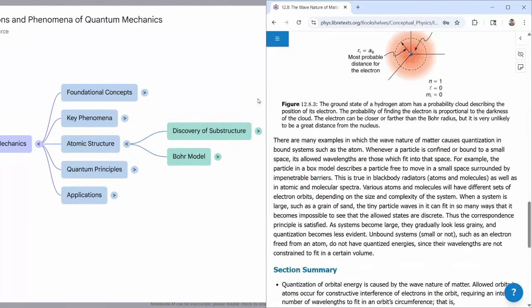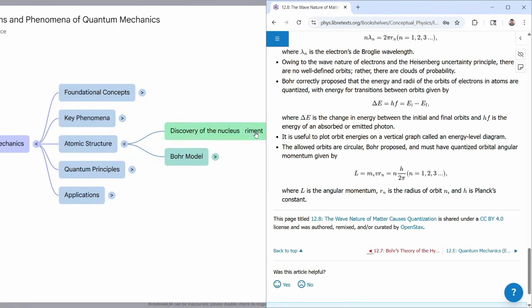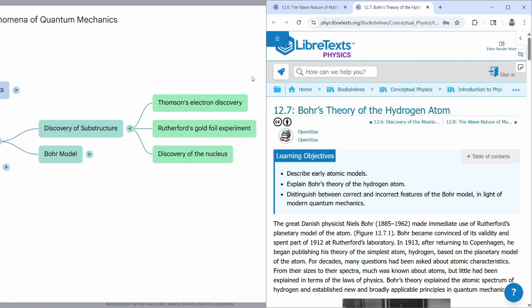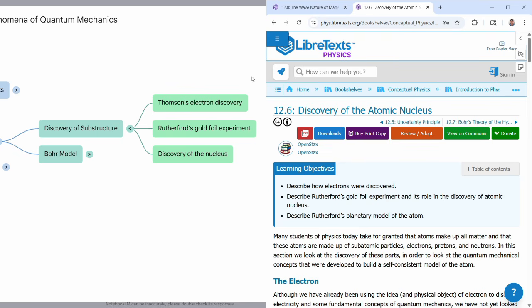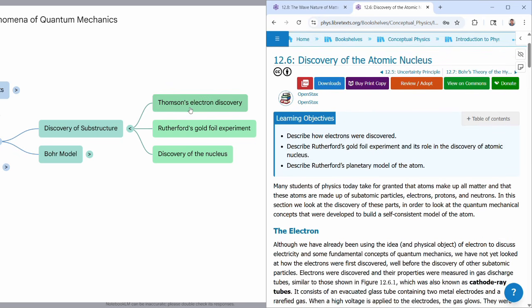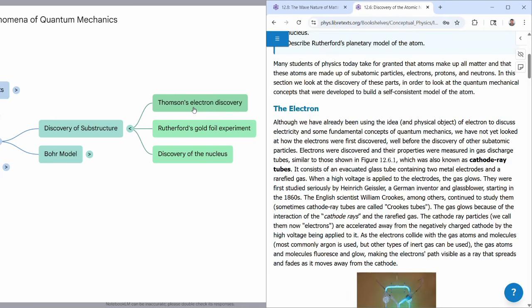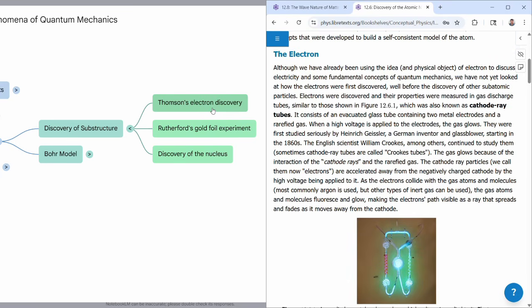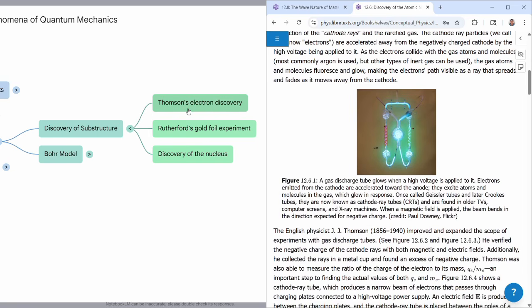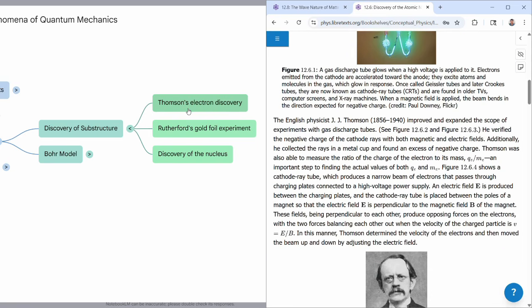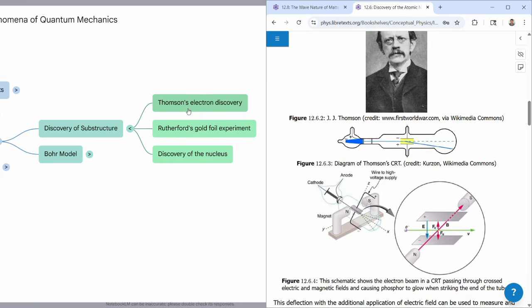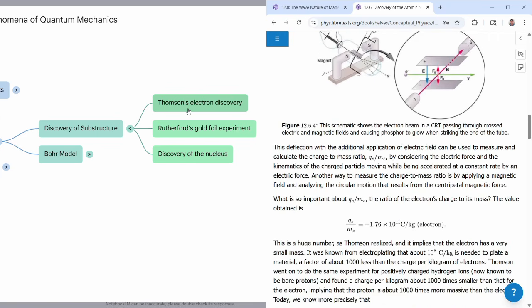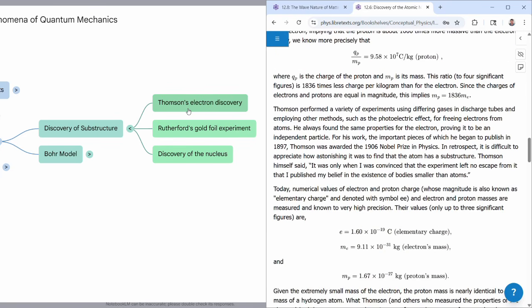So there's a bit of a history to go through under discovery of substructure. This is what's covered in section 12.6, discovery of the atomic nucleus. First, we discover the electron as a distinct particle, distinct from the atom that it's normally part of. And with the discovery of the electron, we knew it had a negative charge according to the sign convention we already assigned to electric charges. And after discovery of that electron, the remaining piece of the puzzle was how the positive charge was distributed, given that the